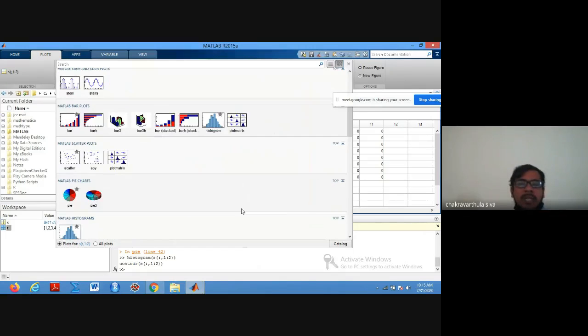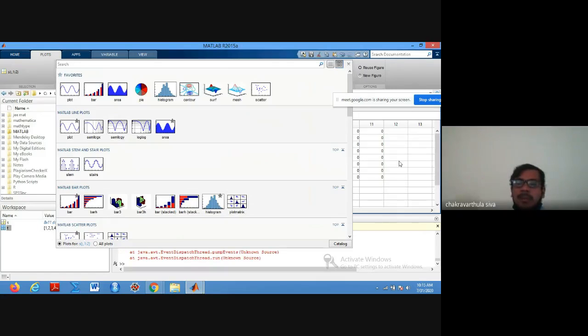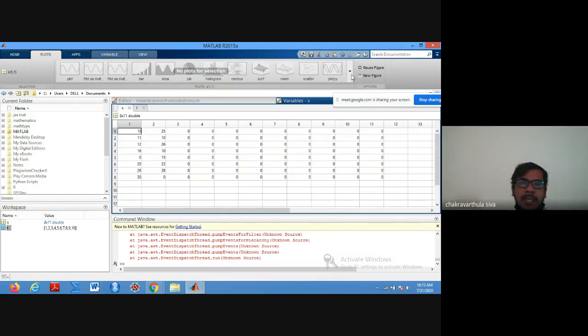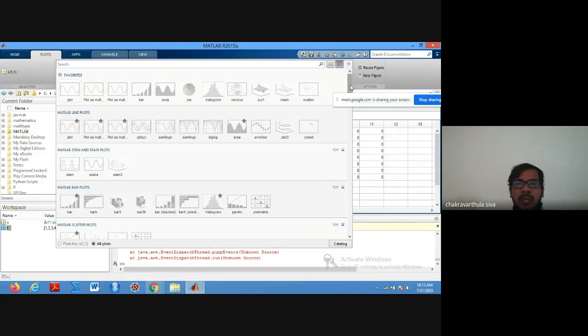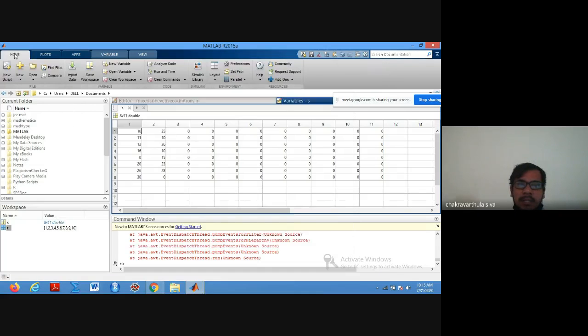So this is the way when you have the data directly, we can directly plot the graphs by using MATLAB. The other way of doing it, and today's talk mainly focuses on the artificial neural network using fuzzy inference system. For that also we need some data.